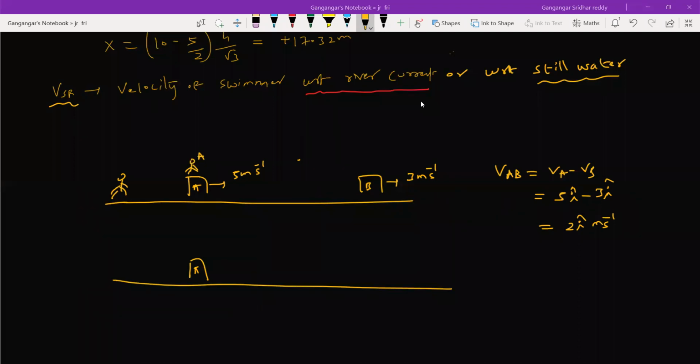Okay, look at this. Now let A move with a velocity VAB. Though B is moving with respect to ground, how will it appear for him? B will appear at rest for A. Though B is moving for A, what happens? Person A will see B at rest, because A is moving with a velocity VAB, no? Then B will appear at rest here.